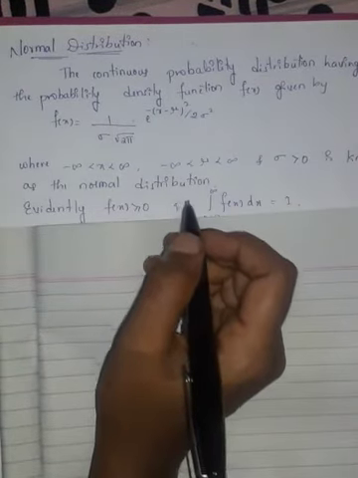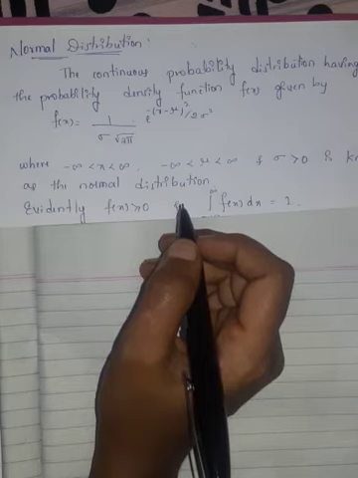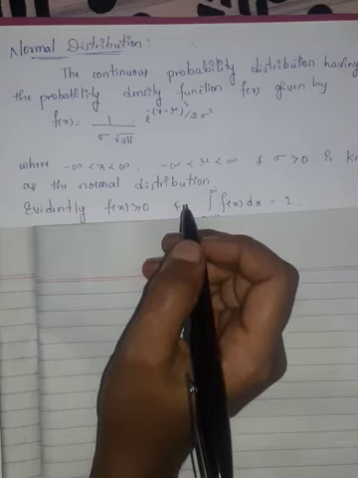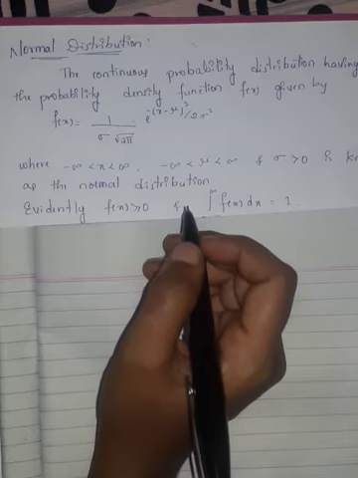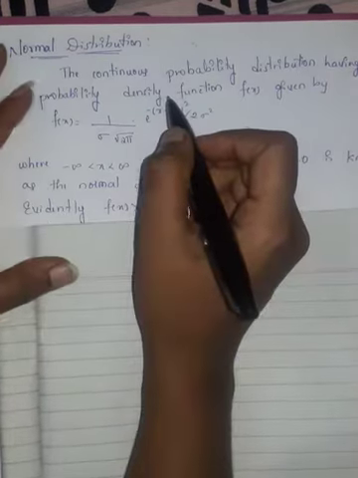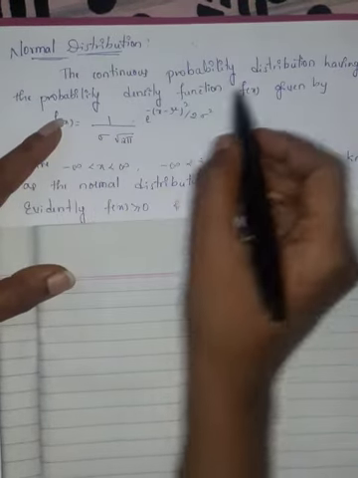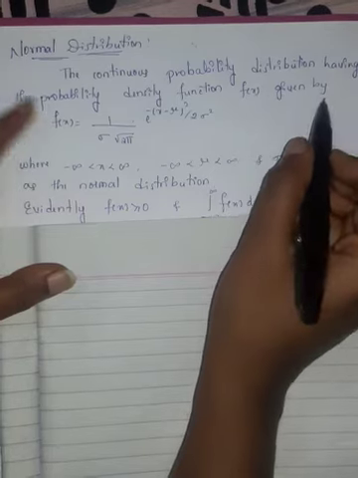So friends, in this video we will study normal distribution, as we studied exponential distribution in the last video. It states that the continuous probability distribution has the probability density function f of x given by f of x